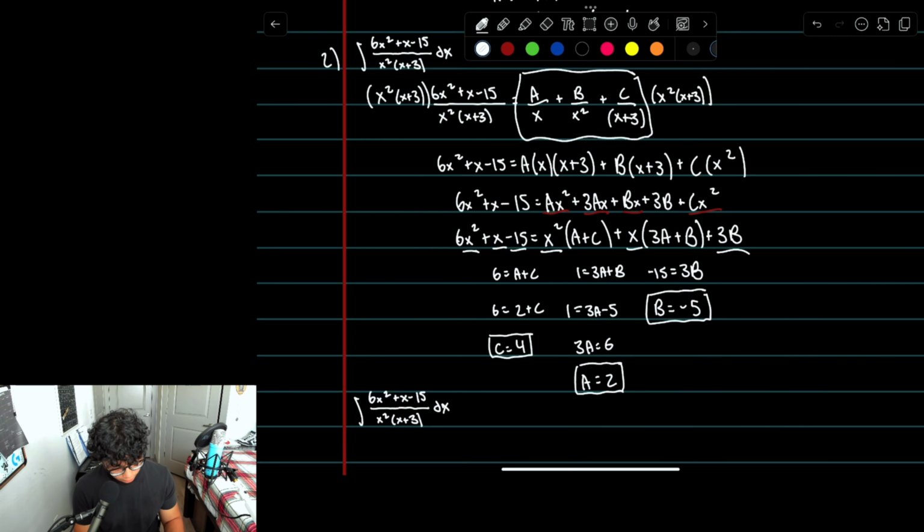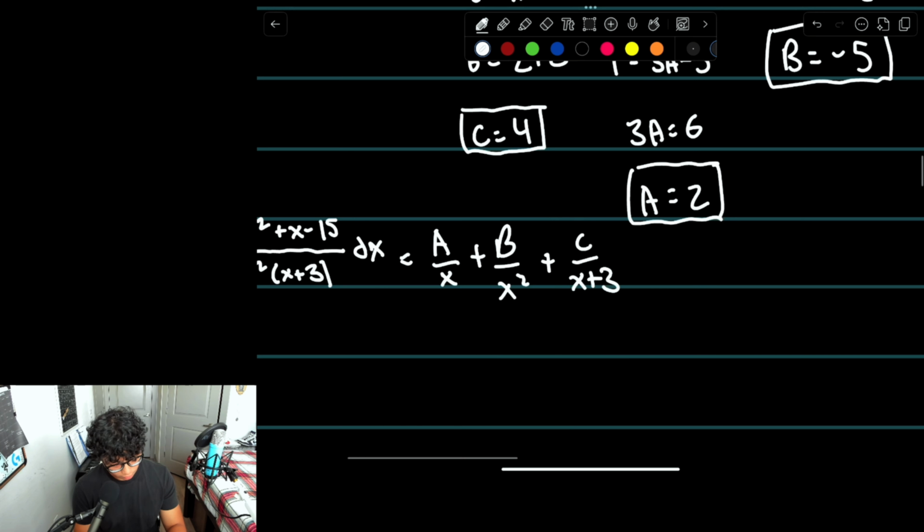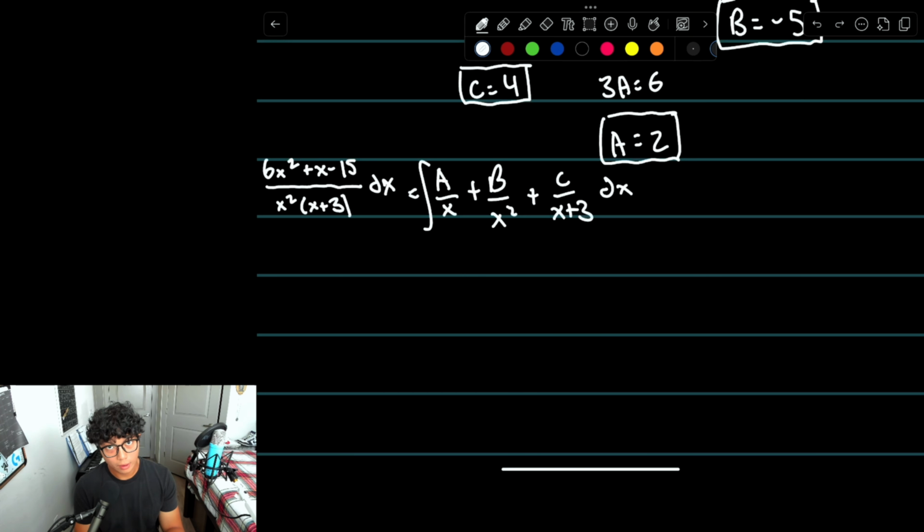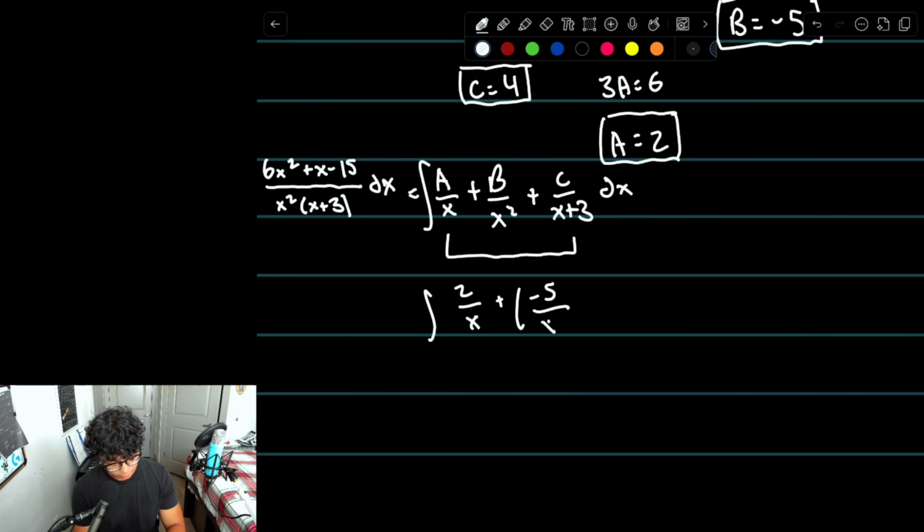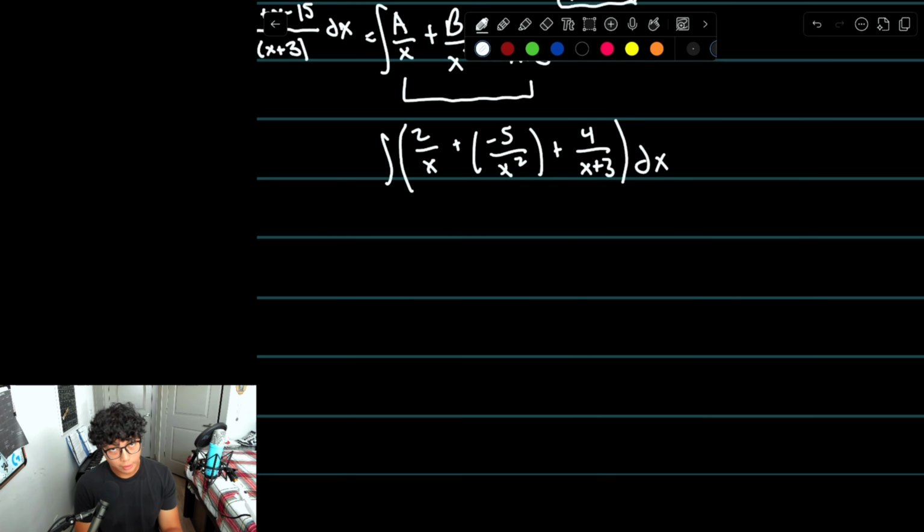So our original integral equals A over x plus B over x² plus C over x + 3. Take the integral of that and put a dx. So now all we have to do is plug our A, B, C into this equation, which gets us the integral of 2 over x plus −5 over x² plus 4 over x + 3, and then dx. Now these become fairly straightforward integrals, with our 2 over x becoming 2 times the natural logarithm of the absolute value of x, plus 5 over x, plus 4 times the natural logarithm of the absolute value of x + 3,